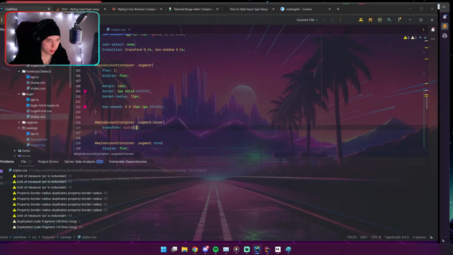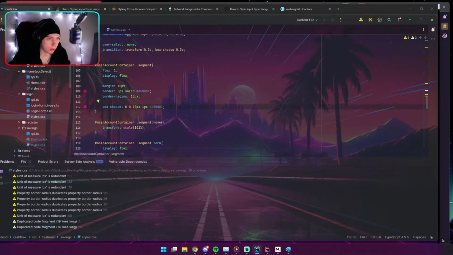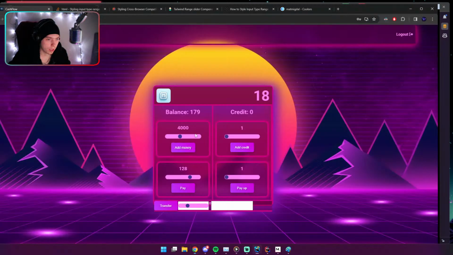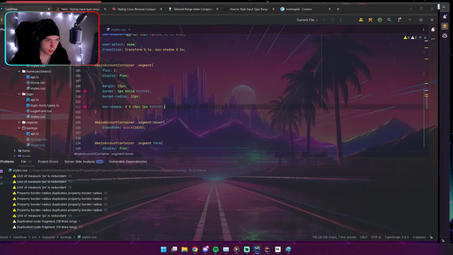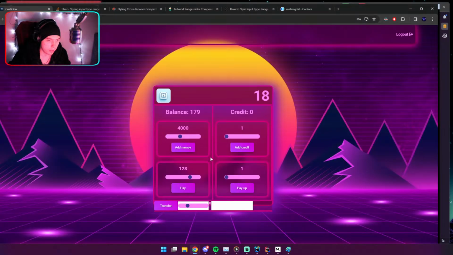So maybe like this. We'll make it smaller. Okay, that makes sense. That's quite nice. Okay, so we can also add a little box shadow change. Like make it wider and